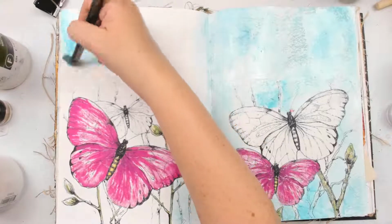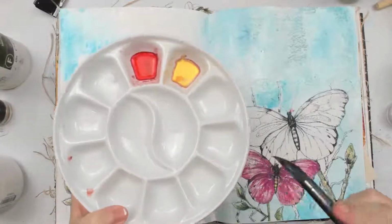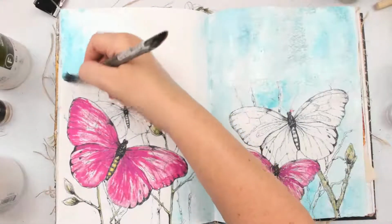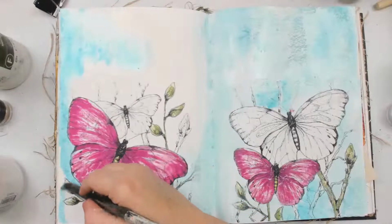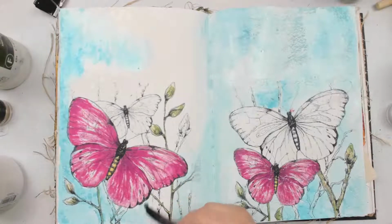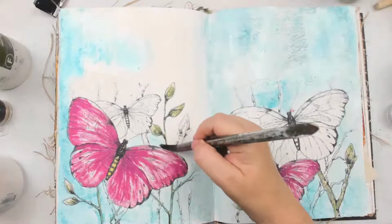So you can either add the water here or use a palette. For example, here I have a palette, and you could just make some powder and some color here. This is from another project that I was doing. It doesn't matter if you go in the lines, you don't have to worry about that. As you can see, I'm covering things. You can always remove it. It's okay if it goes on the actual